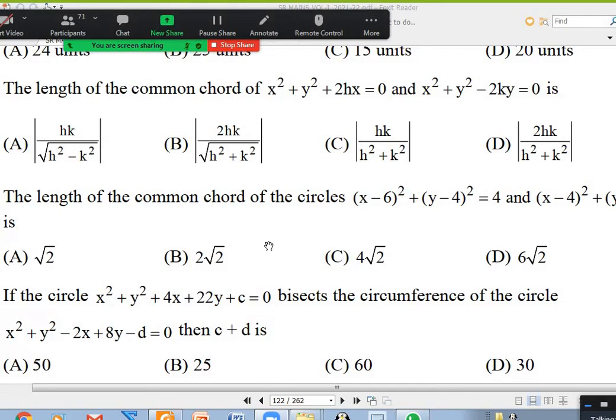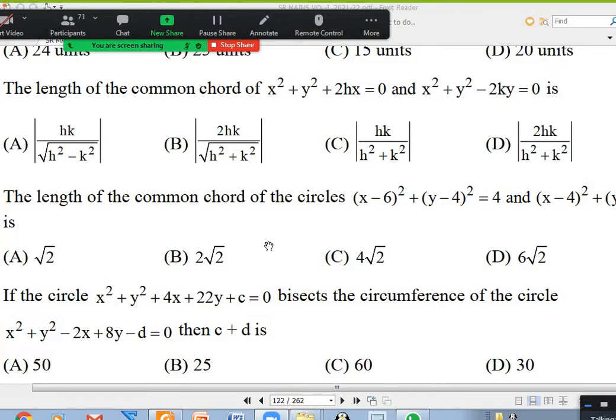Okay, look at 160. Are the two circles of same radius? Yes, sir. Okay, so we can do by this process that I told. 159, are the two circles intersecting each other orthogonally? Yes, sir. Okay, so you can use 2 R1 R2 by root over R1 square plus R2 square. Just now I said orthogonal how to do it. Not just remember the formula, idea how it came, right?